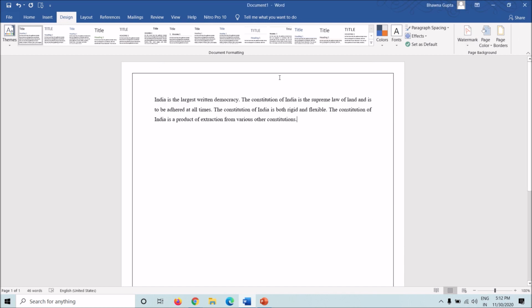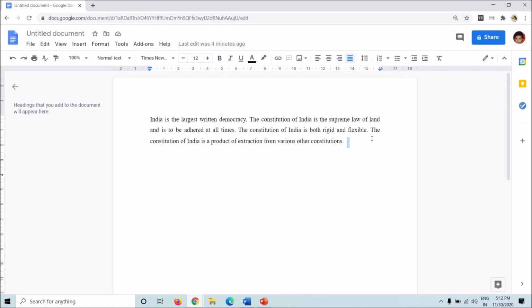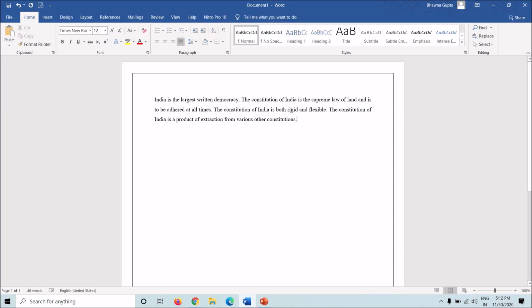Simple as that. The page borders give your text more stability, or it looks better. It adds to your presentation. Now Docs does not provide you with this option. This is the first thing that differs Google Docs from Word. However,